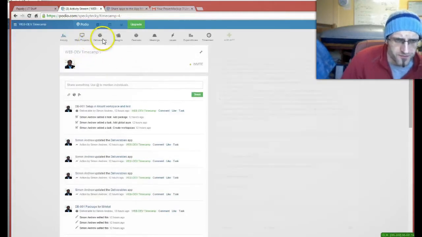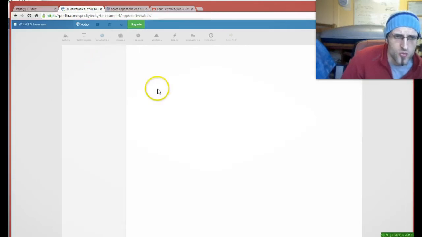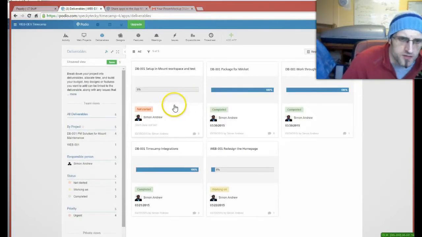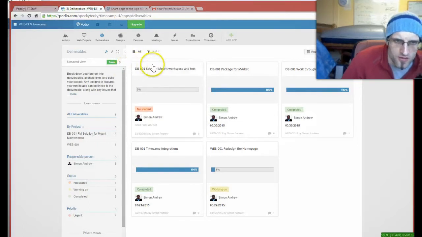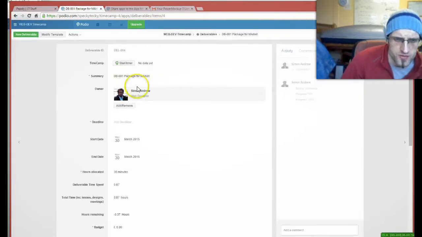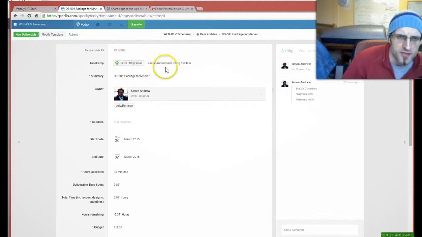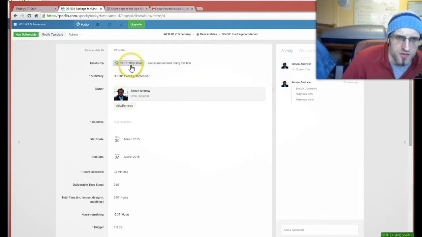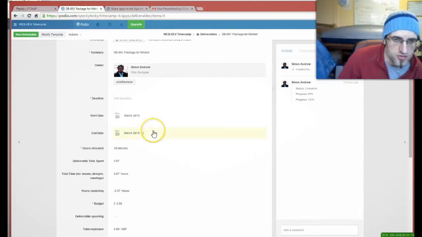The deliverables are here, and what you'll see is, just to make it clear when you're looking at things in Timecamp, it's worth putting some kind of code on the front. In this case it's the same code for everything, it's the project code. And if you look at, for instance, this deliverable here, we've now got a timer that's active, so you can start the timer and that will actually record the time you spend doing that task until you go back and turn the button off. It's worth remembering to do that because otherwise you